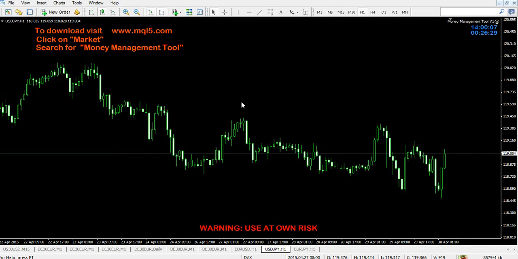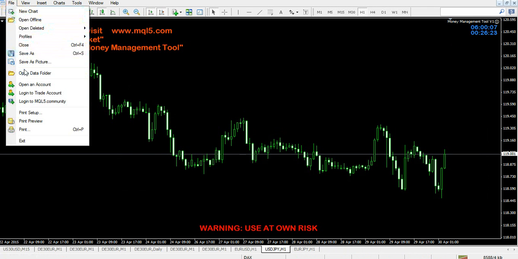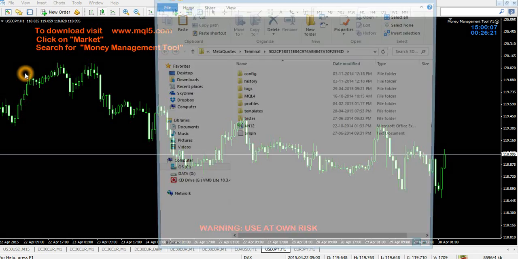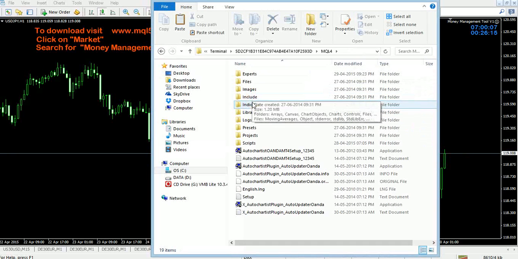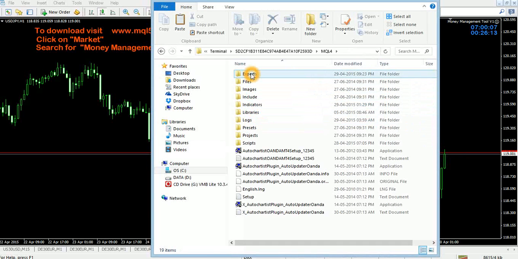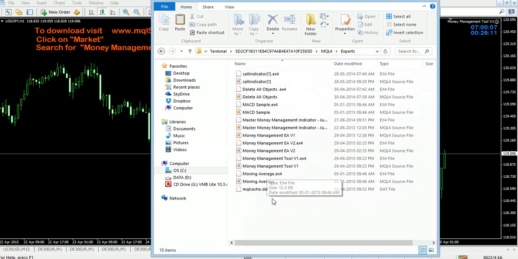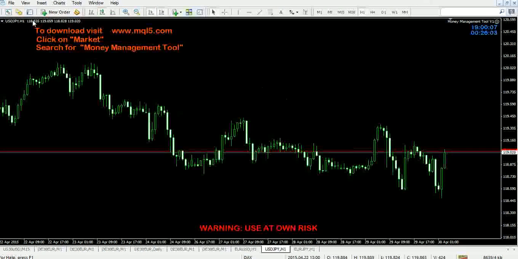Guys, to load the indicator into MetaTrader, you go to File, Open Offline Data, and this will open. You click on MQL, you click on Export, and you simply paste the money management tool into this file over here. When you're done, close it, go to